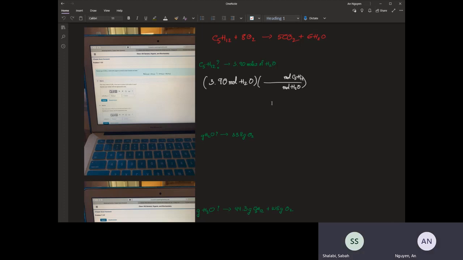Right. And then because this one is mole to mole, we can look at the balanced equation. For every 1 mole of C5H12, there are 6 moles of H2O. So that's going to be 1 to 6 over there. And then we just carry out the math. Moles of H2O cancel out with moles of H2O. So 3.90 times 1 divided by 6 gives us 0.65 mole of